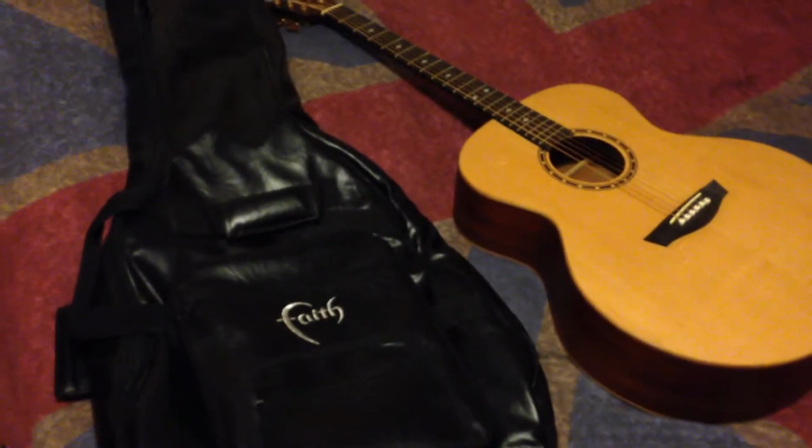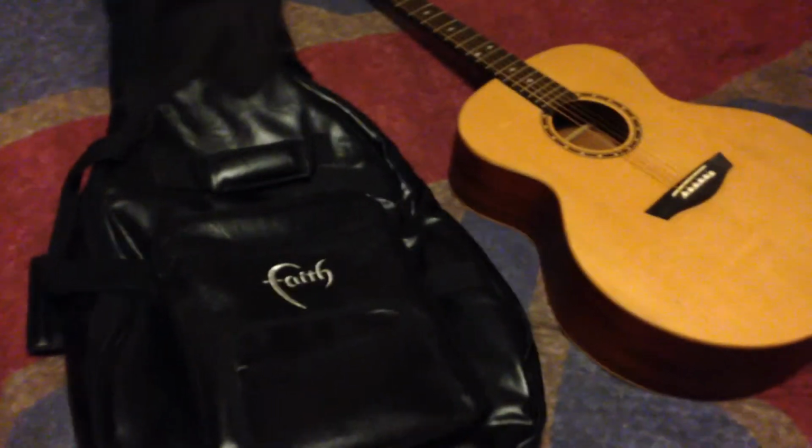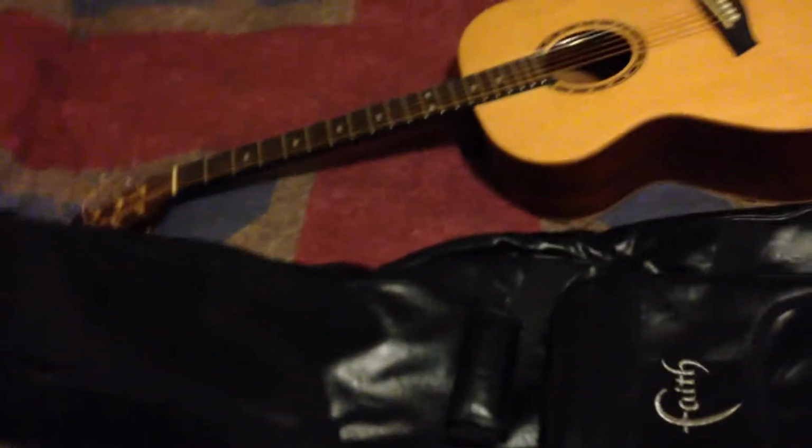Okay, so as mentioned in the listing, I just wanted to pull together a quick eBay clip for you. This is the overall appearance and condition of the listed Faith Jupiter guitar. You can also see here I've got the Faith leather carry case, which has got quite a heavy padding in